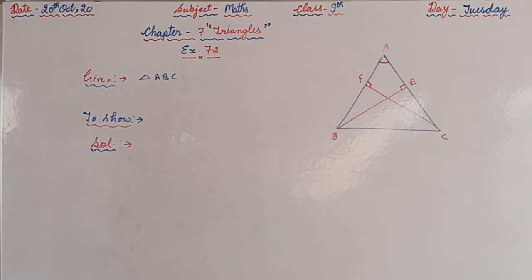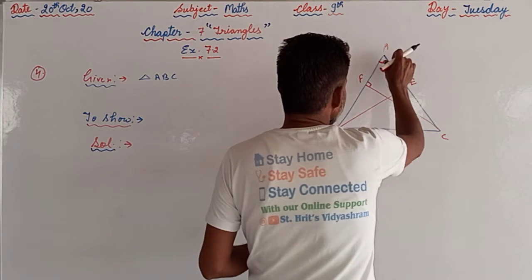Question number 4. In question number 4, the figure is the same, but the information given is different. ABC is a triangle in which altitudes BE and CF, two sides AC and AB are equal. So, here what is given,